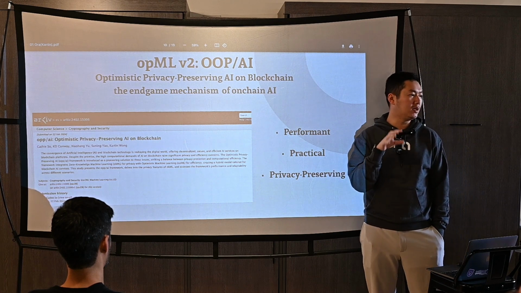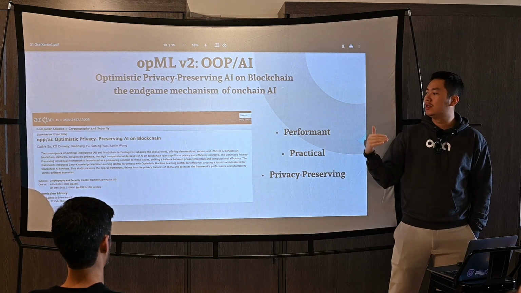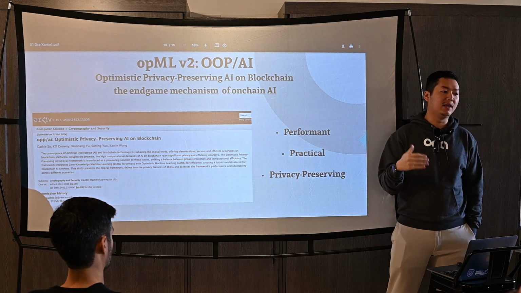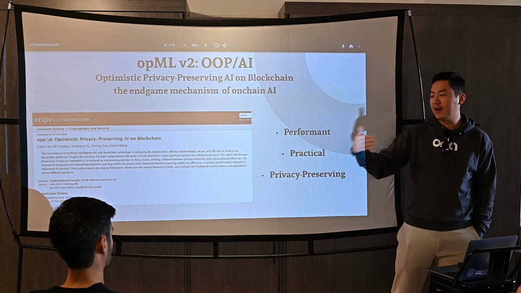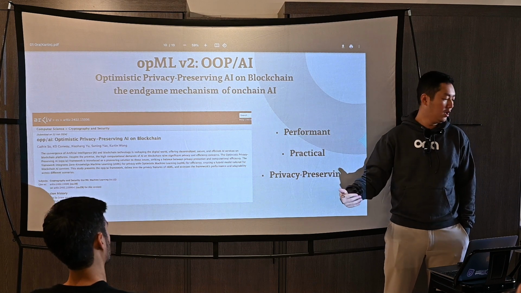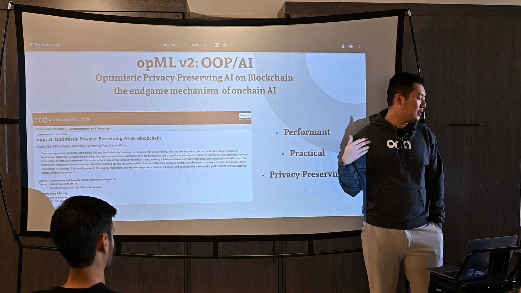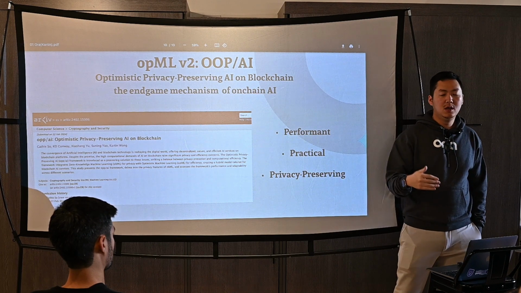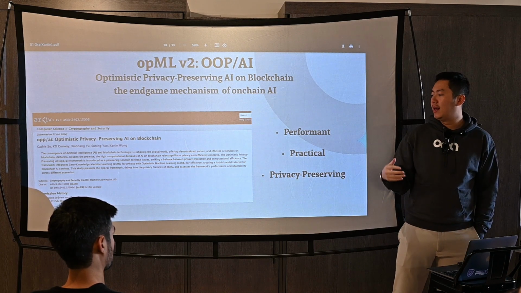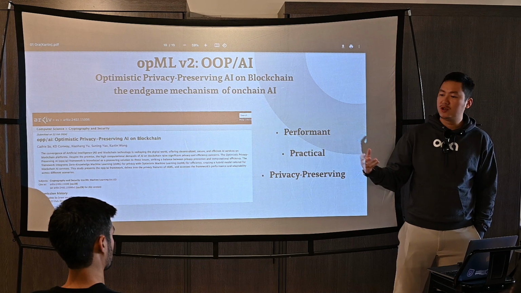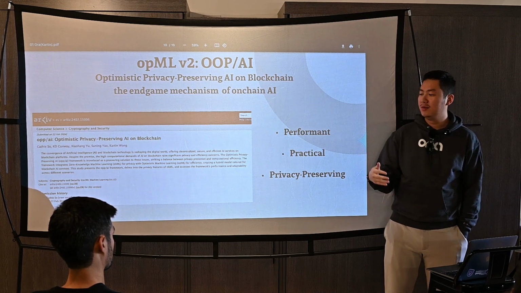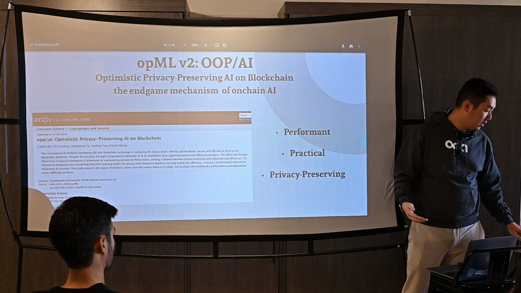Because in OPML, the biggest problem is, first, the input is not private. So everybody can send a higher transaction fee, a higher gas fee, to front run your transaction. In some DeFi applications, you don't want that to happen. And the second part is instant finalization. The ZKML model normally can instantly finalize the result on blockchain. Although these models are super small, and most people won't even use that,